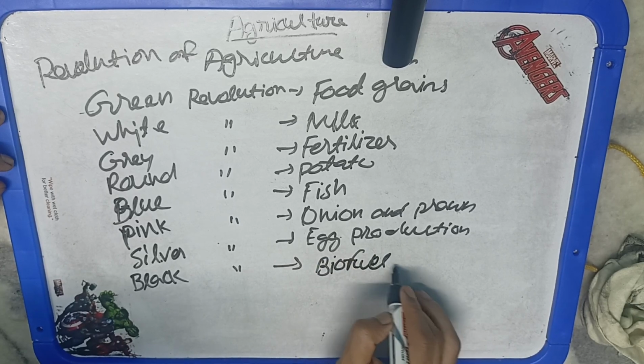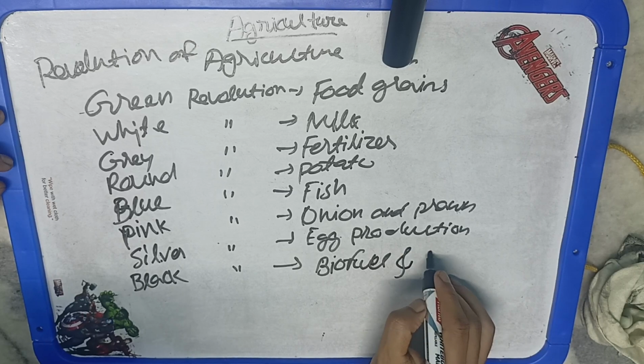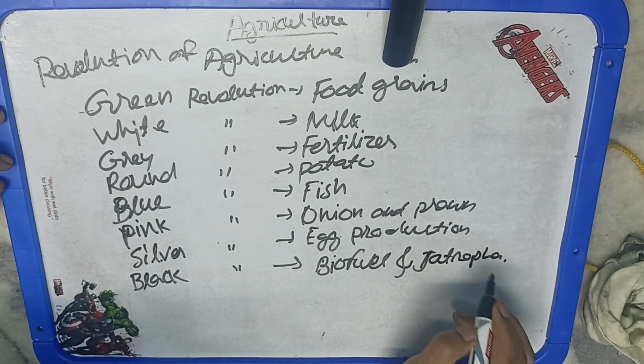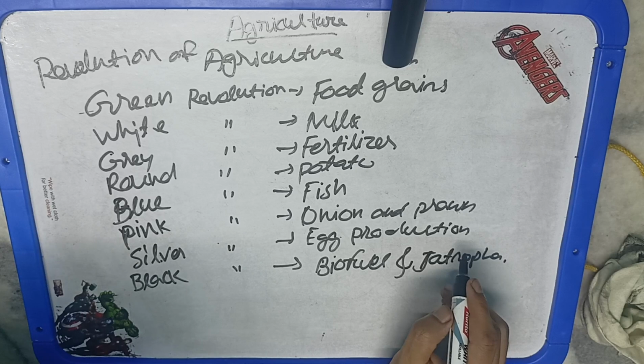During the 1960s, or 1966, we were producing wheat 10 million ton, paddy 30 million ton, and the area was 133.2 million hectares. If you see, there is no change in the area, but from 1966, from the 10 million ton, now we are producing around 112.18 million ton. You can see the huge leap we have taken, but the increase in area is very negligible compared to the increase in production of wheat as well as paddy.